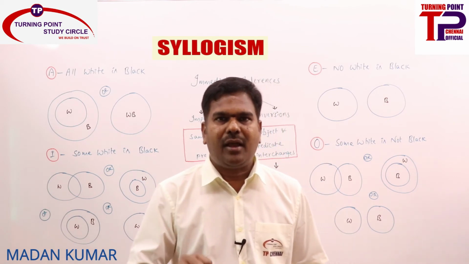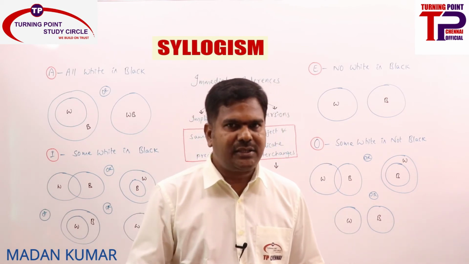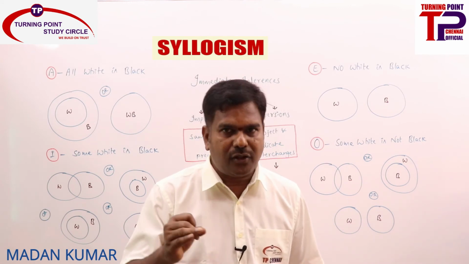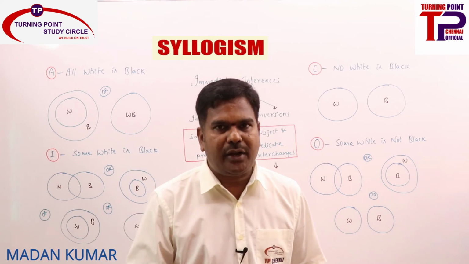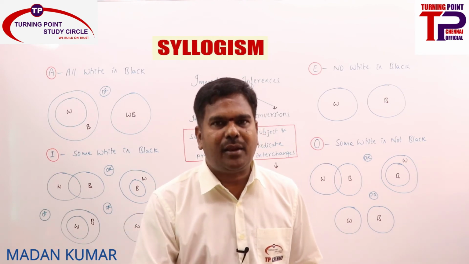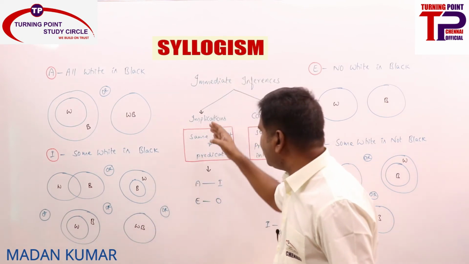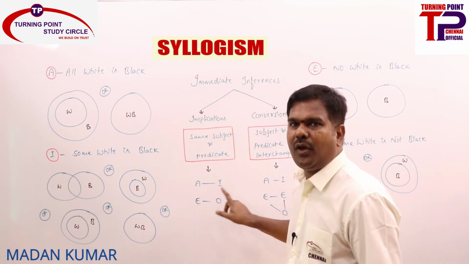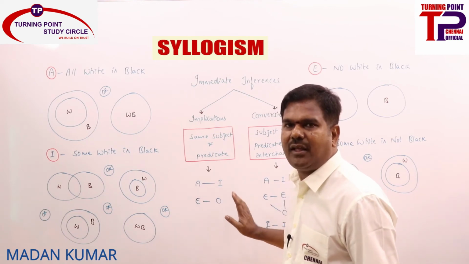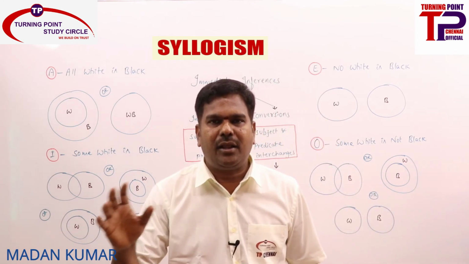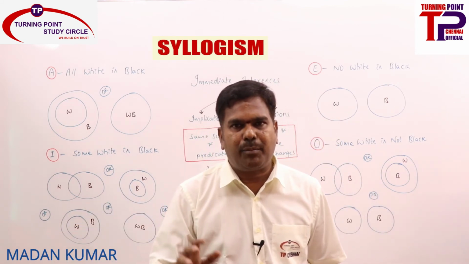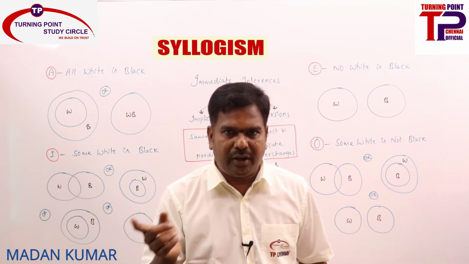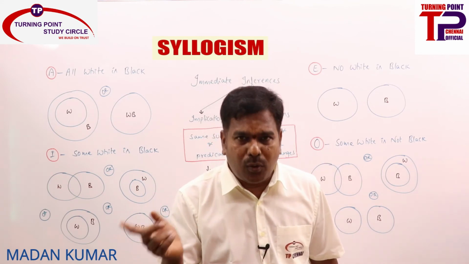So A is implied by I statement, A can be converted into I statement. E is implied by O statement, E can be converted into E and also O. I can only be converted into I statement. How you can easily remember these immediate inferences, particularly implications: whenever everything is there, something is there is always true. Whenever nothing is there, something is not there is always true. That means A is directly implied by I, E is directly implied by O. That one remember. Conversions: A can be converted into I, E can be converted into E and also O, and I can only be converted into I.